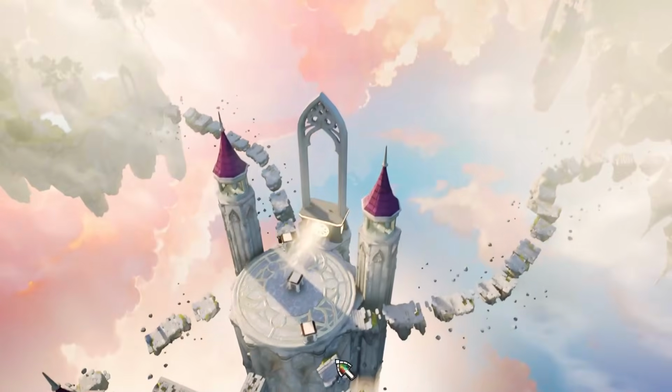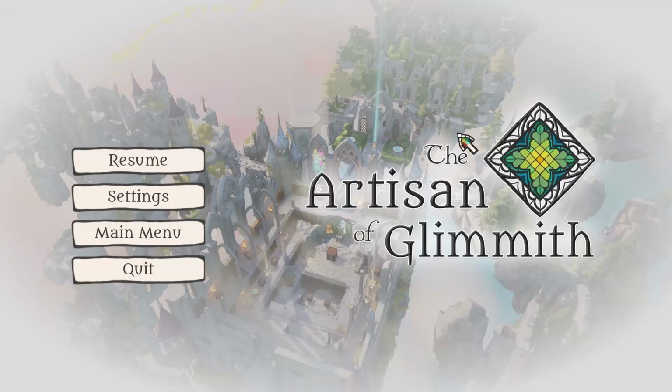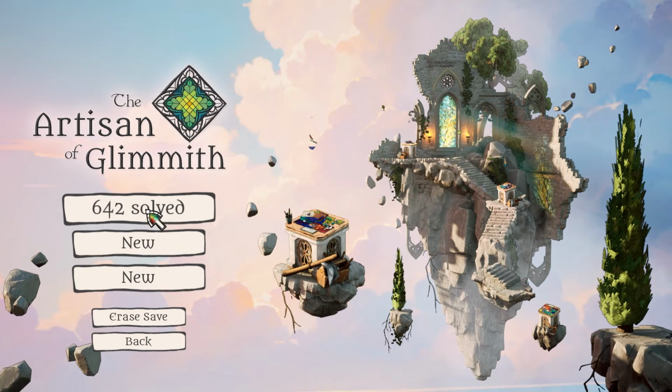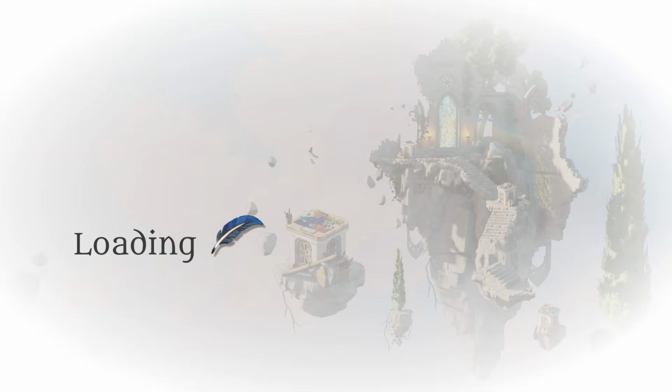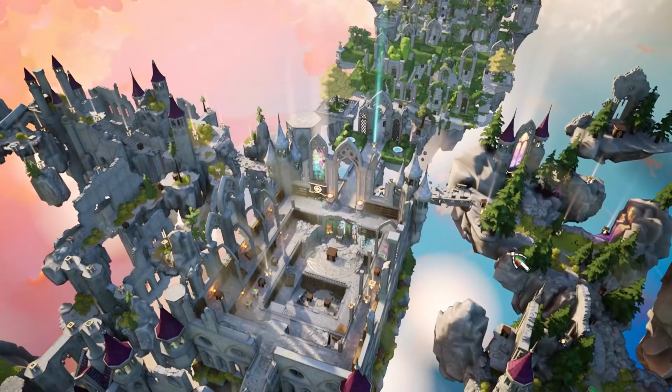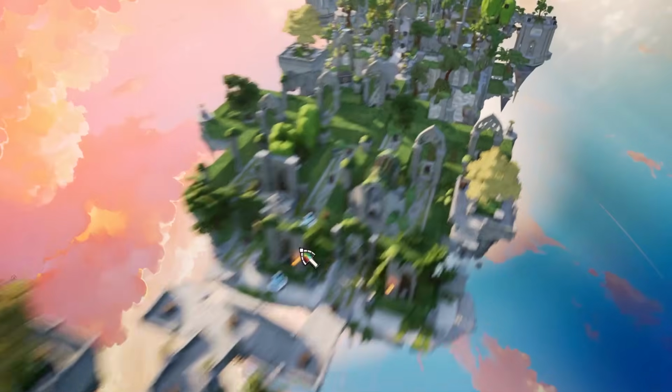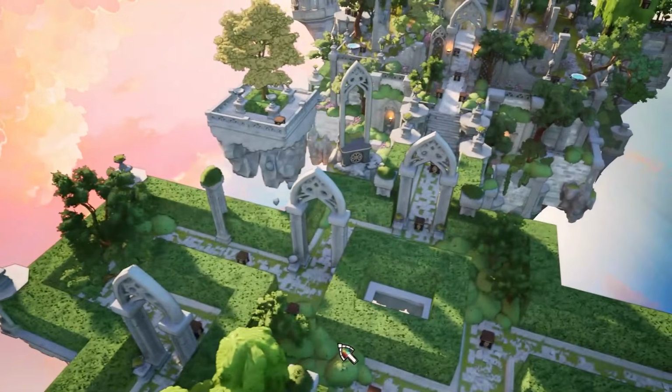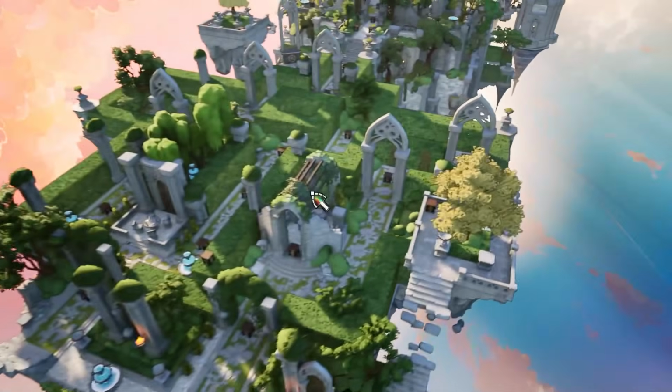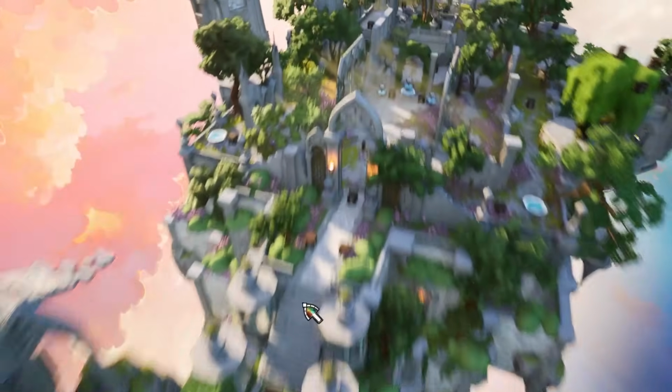Wow, look how much more game there is. Hold on, folks, let's have a look at this. 642. There's so much game. So there's all this. I was going to say like hedge mazes. Not really, no. Just hedges. And